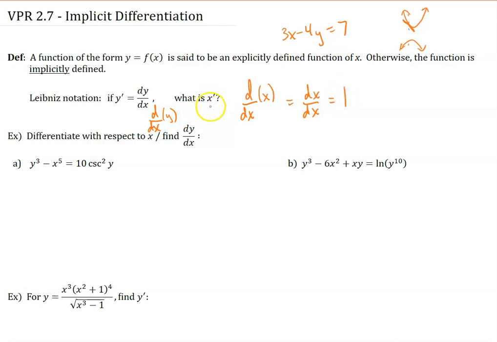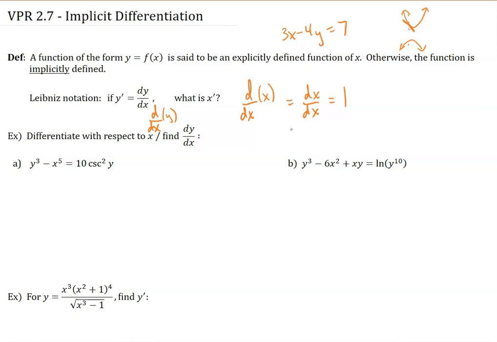So x prime, the derivative with respect to x of x, is equal to 1, which, if you think back to 2.3 in the book where we talked about the derivative of the constant, the derivative of the identity function, which is y equals x, and the derivative is always 1, and then we did the product and sum rules and all those, we know that the derivative of x is 1. If we think about it visually, a line that is y equals 1x has a slope of 1. So the derivative of x, again, is 1. But the reason I'm pointing this out, which just seems pretty obvious, is because our process for differentiating implicitly